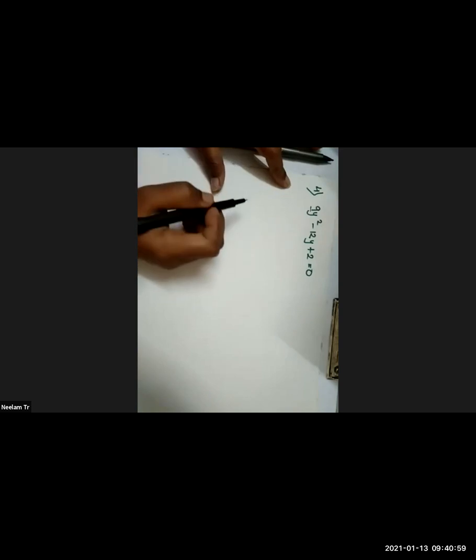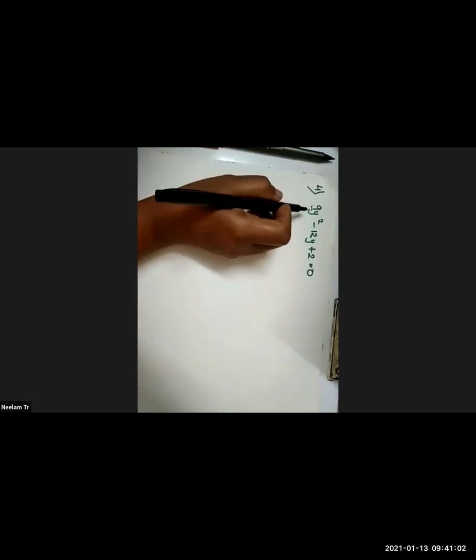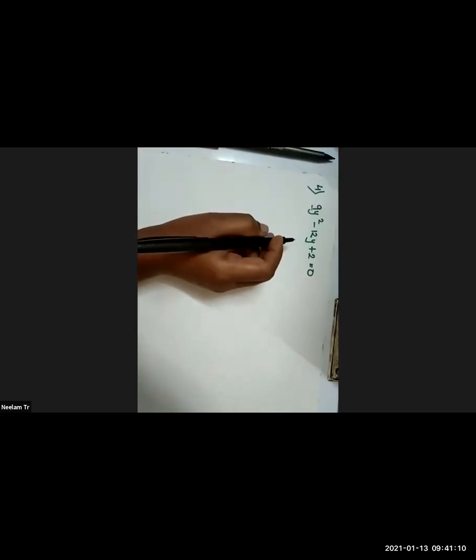Okay. Shall we take example number 4? Let's take example number 4. But see, thoda sa different hai. That is what I told you first step mein, you are going to make this coefficient 1. But as it is here 9, it is given 9y square. So what you will do? You are going to divide this equation by 9. 9 से क्या करोगे इसको? Divide. Write down.